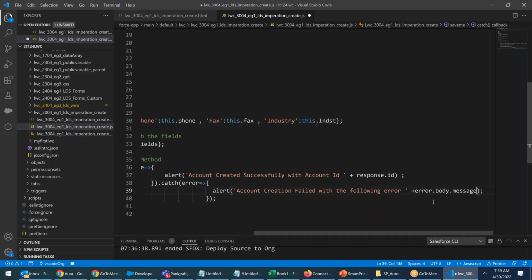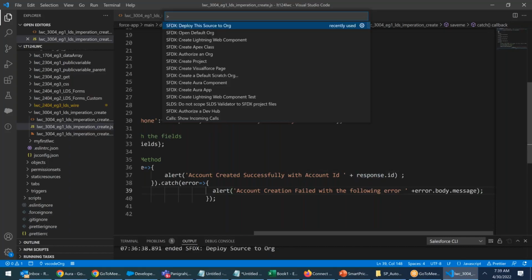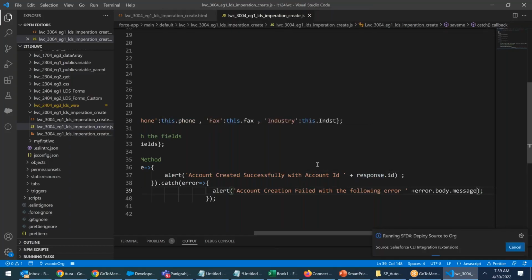Alert, put it inside the bracket. Now you will get the right data. Now you will get the data. Control Shift P, right? There we go. Let me go ahead, right? Response.id. Now, next time when I refresh,